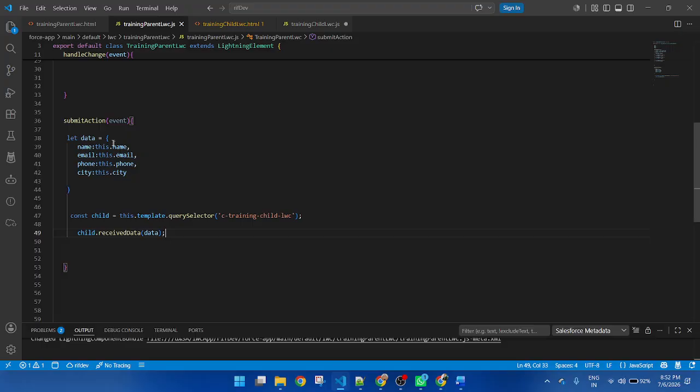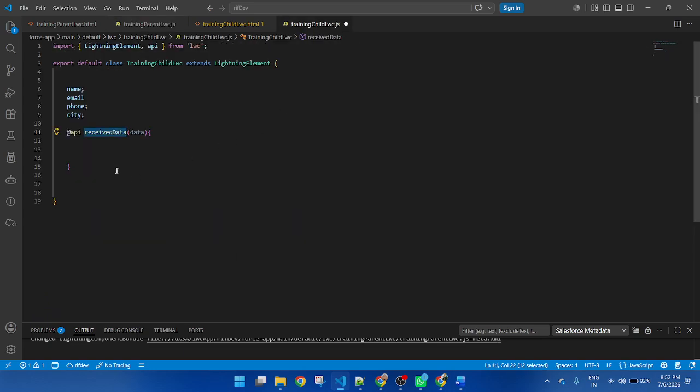So what am I sending? I am sending a key and a value, similarly key and value, key and value. So this is a function of the child component. This is the @api decorator variable. So this is a decorator. So how to store the data that is received from the parent component? I will store the data inside this variable.